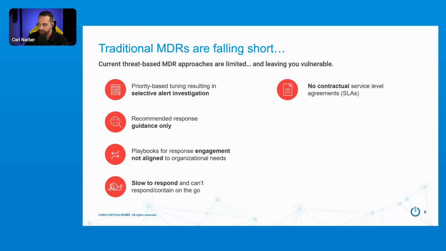No contractual service level agreement. I hear this a lot. Why doesn't a new MDR in this space have a contract that states how long or how short a time should be in order to address every alert? Now, if you're not getting those SLAs, that's super important. All lows, all mediums, all highs need to have a time behind it so you understand exactly, when an alert comes in, what your expectation is on when you're going to get that resolved.